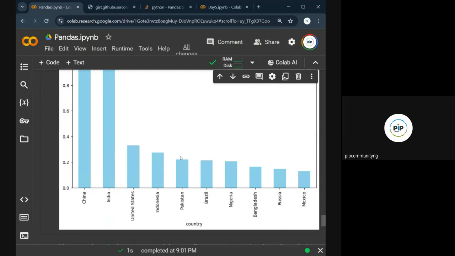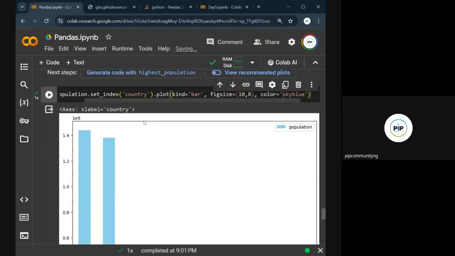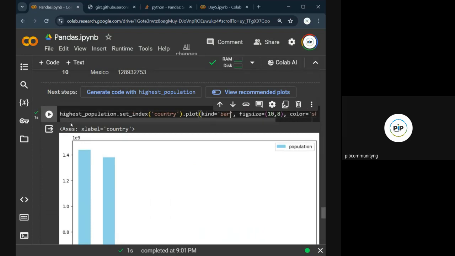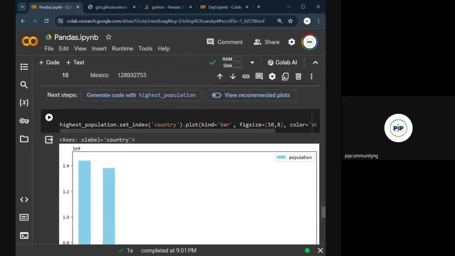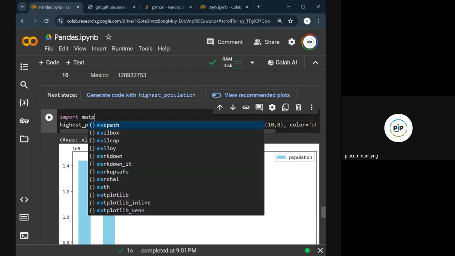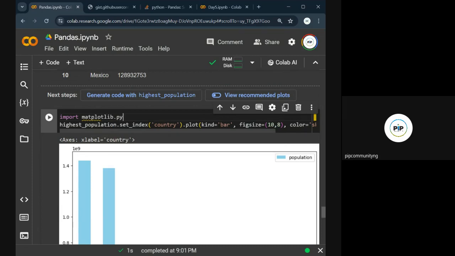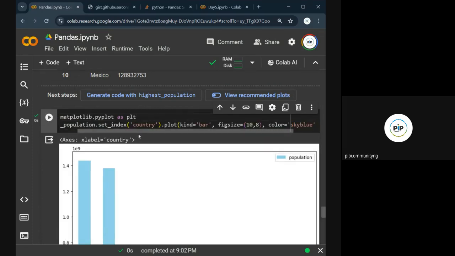Please, is this understood? Okay. But we can see that we don't have a title here. It does not have a title and the rest. So that's where I would come back here and import. I will import matplotlib.pyplot as plt. Once I import this, I'm still going to get all of the stuff I ran, but it will give me freedom to do things like